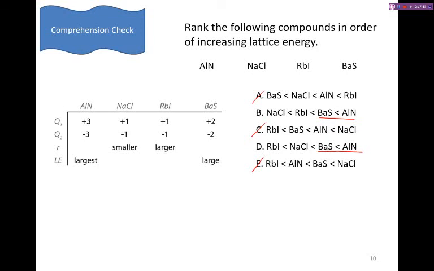To compare between the other elements, we need to evaluate for the size. And the way that you want to do this is by always having a copy of the periodic table handy. Just doing a rough sketch here. If we place their locations on the periodic table, we see that,